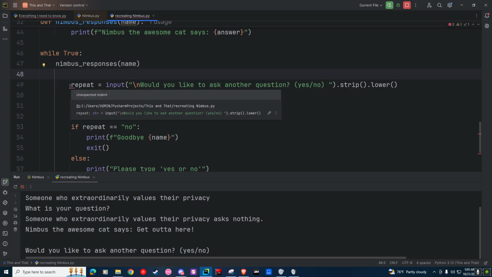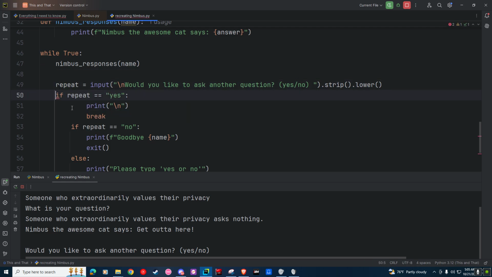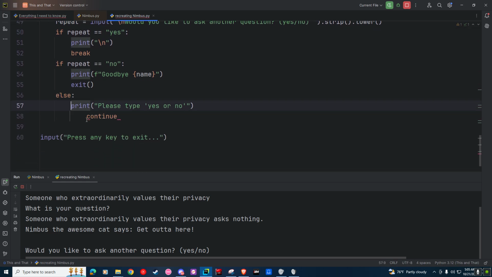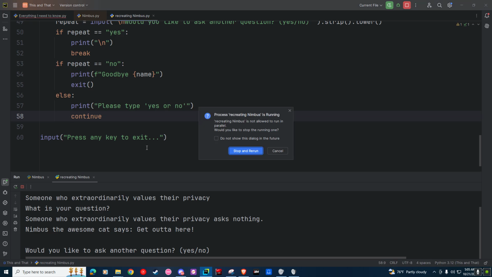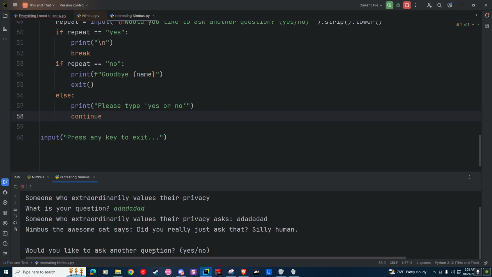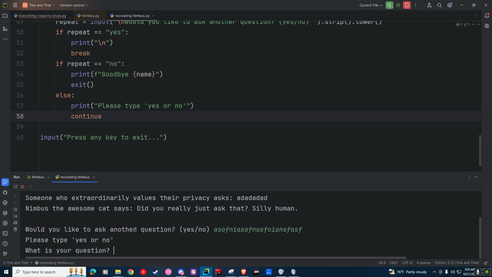I'm gonna remove that. So we're gonna have to remove the indentation. Okay, so if I do this, and then it says, would you like to ask another question? If I type something randomly, it says, please type yes or no. But then again, it already asked me, what is your question?